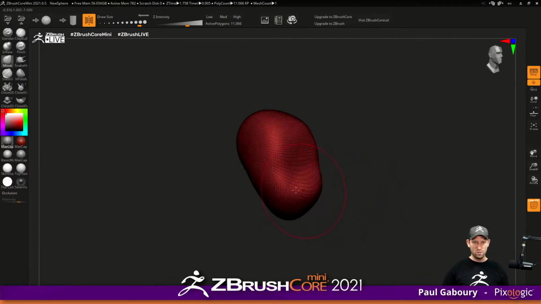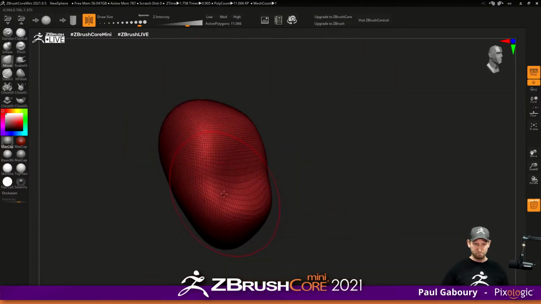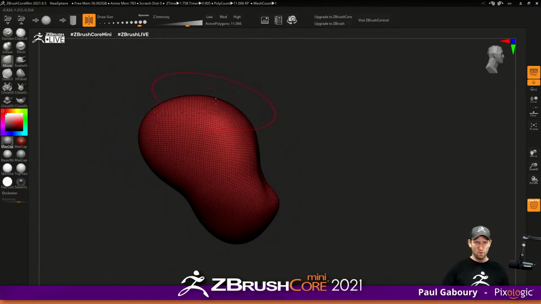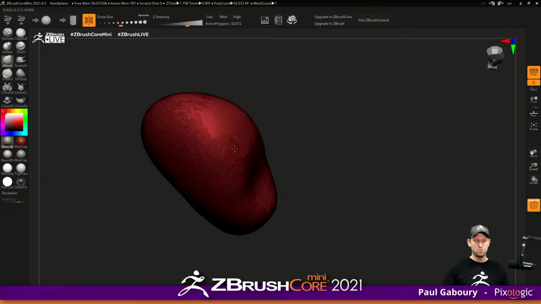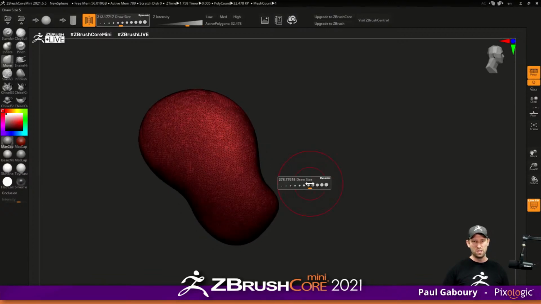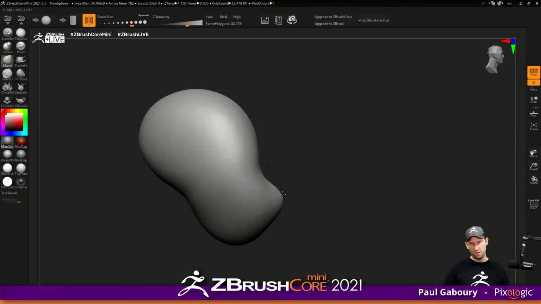Now, I'm going to turn this on, and you'll see the mesh, right? What it's looking like right now. So what I'm going to do is actually smooth it out. This is going to be new to those of you that have used Mini. This is going to allow us now to even tessellate with smoothing ability. That way I can now just adjust, right? And I'm just adding more. So I'm going to stick with a very big brush size because I want big